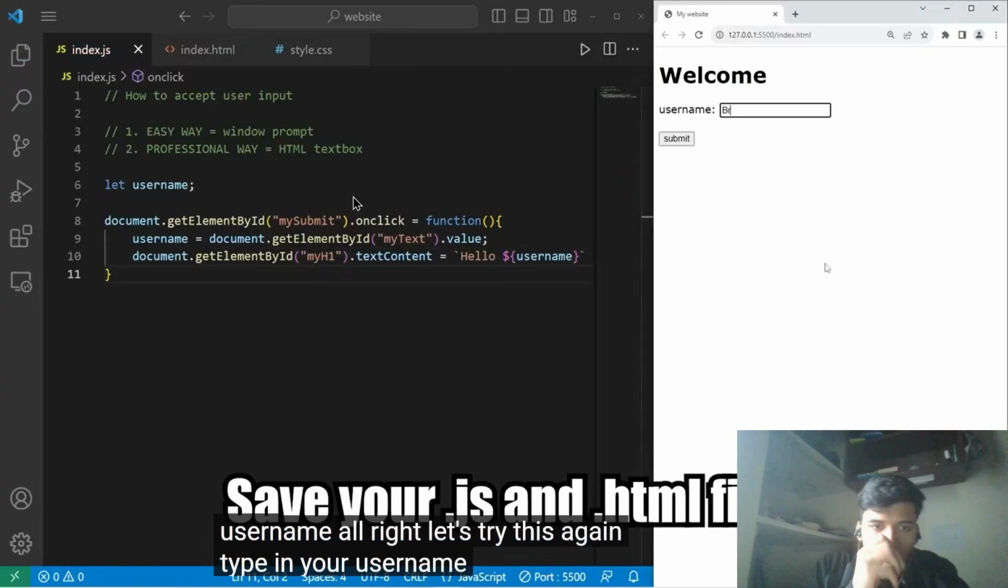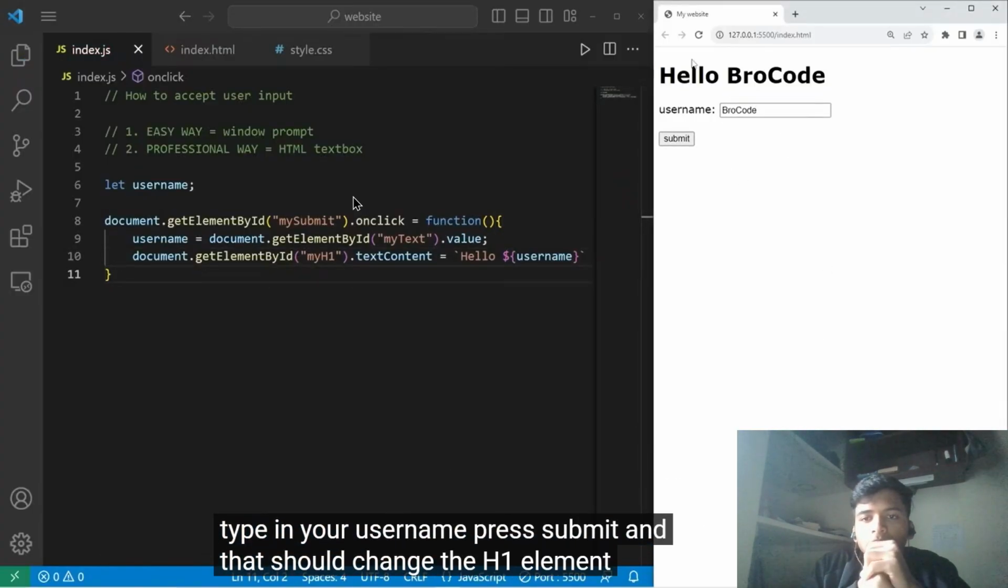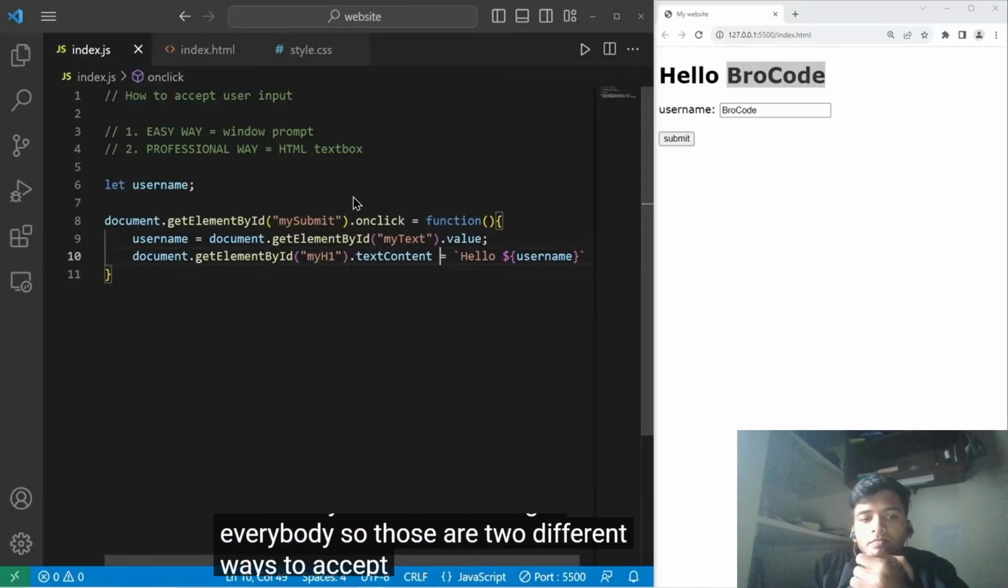All right, let's try this again. Type in your username, press submit, and that should change the h1 element. Hello, whatever your name is. All right, everybody, so those are two different ways to accept user input. You can use